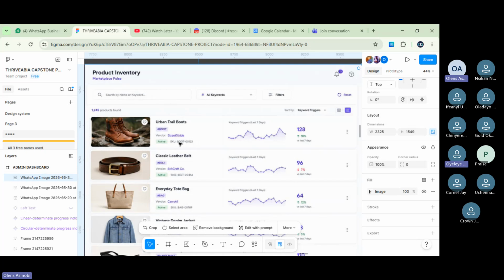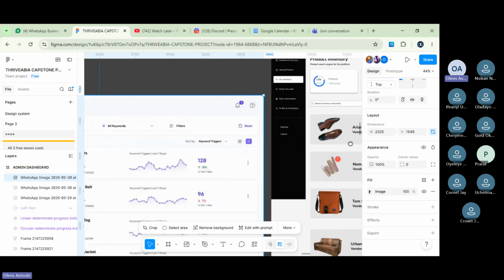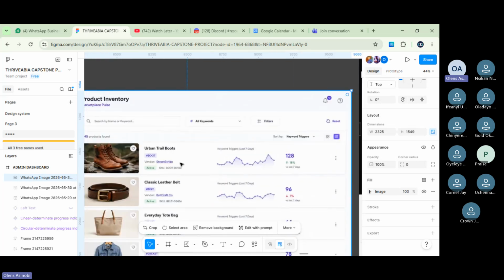You understand? Just this same pattern. That's what I want you to follow here. Here you have only the name and the vendor name. So you see the pattern: the name, the vendor name, the status, the number, and then the keywords. You can add 2-3 keywords and see how they put the keyword.